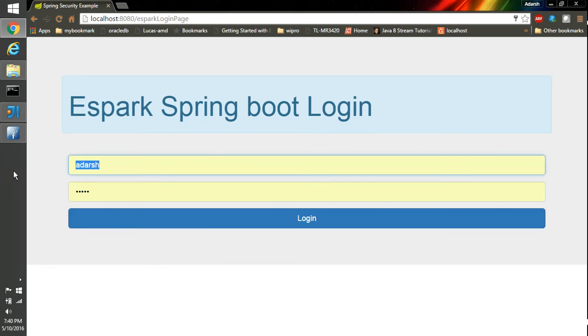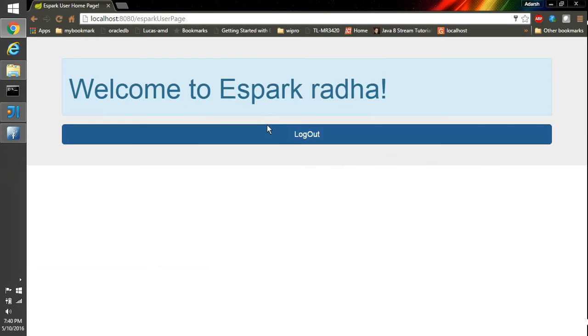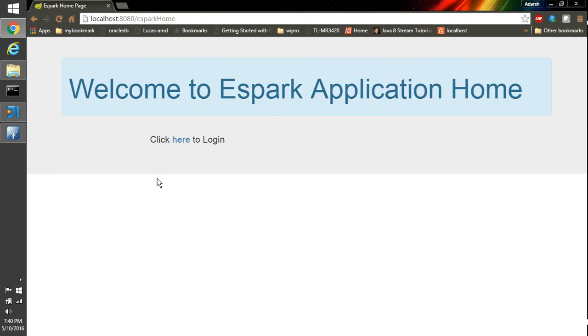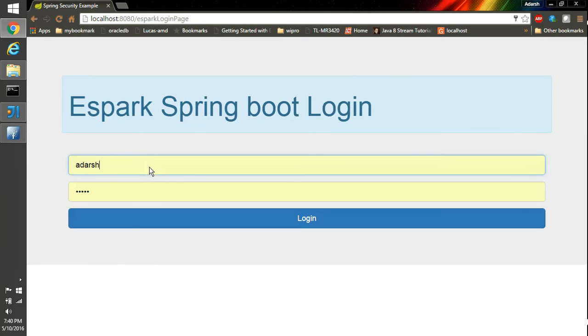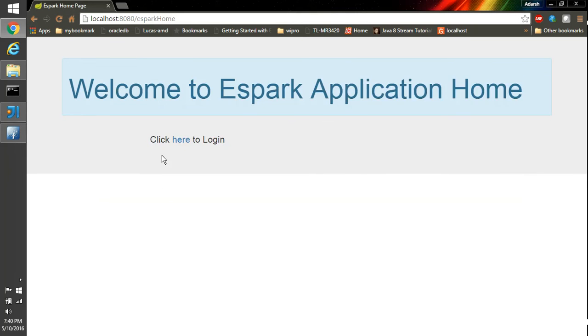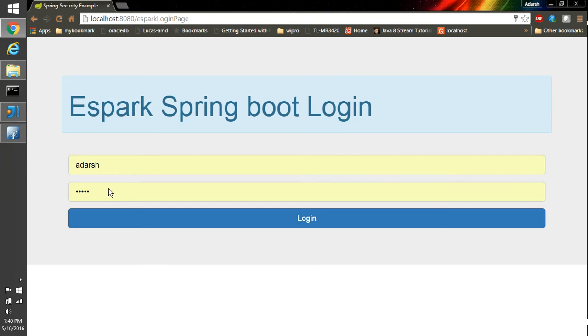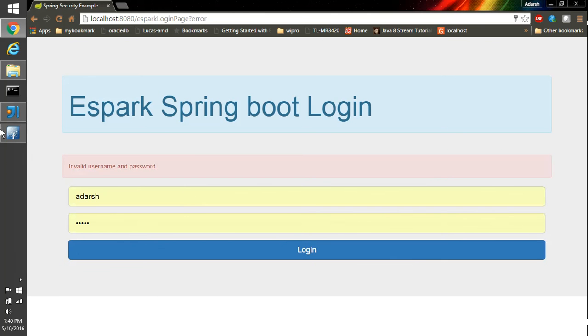I'll again say Radha, it gets into the application, and I'll say logout. Then we have a normal user, and it gets into that. And if I say something like xyz, it says invalid username password.